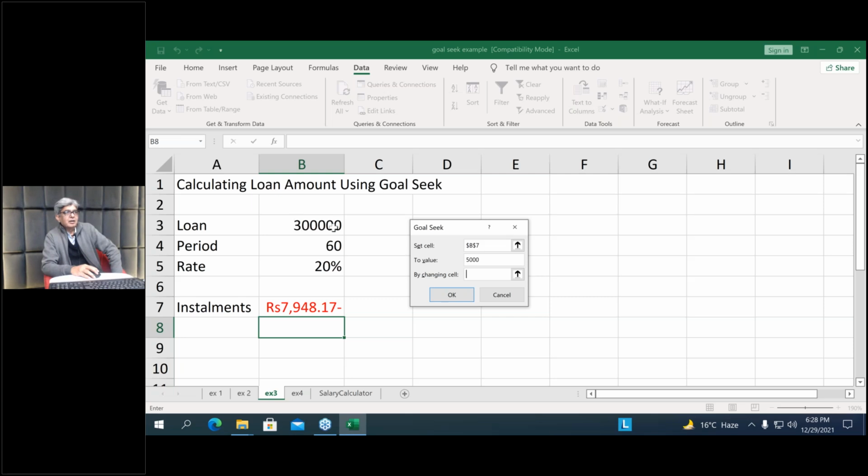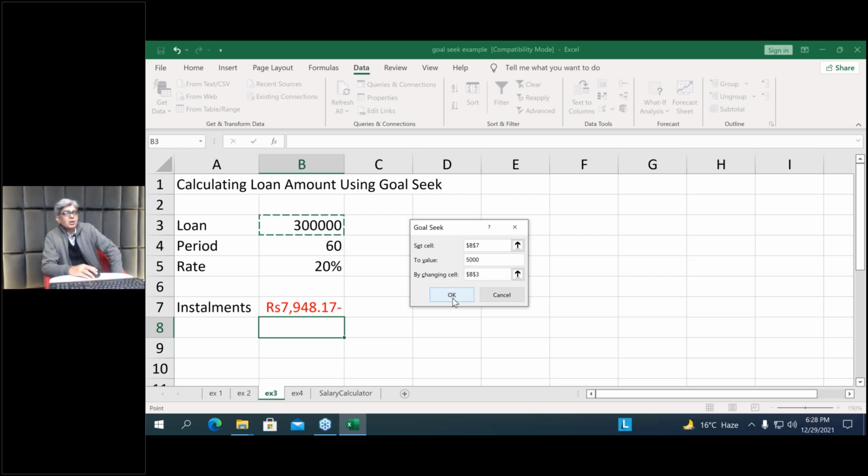Initially it is 300,000, right? But we need to determine, on the basis of a 5,000 monthly installment and this rate and period, how much the loan amount would be. So we have by changing cell, and the loan amount is in B3, select B3 and click